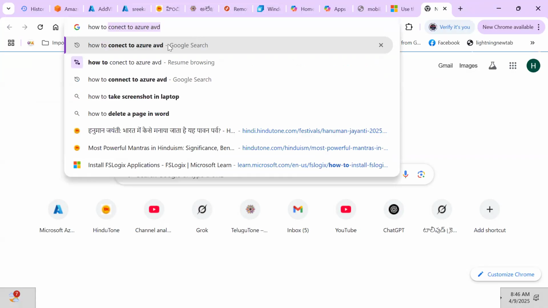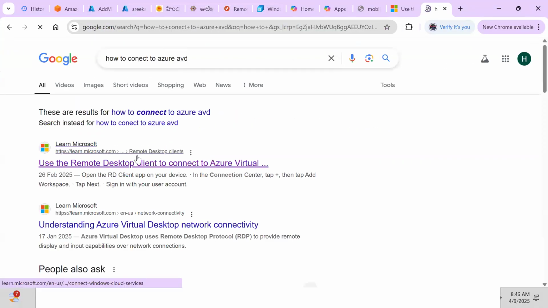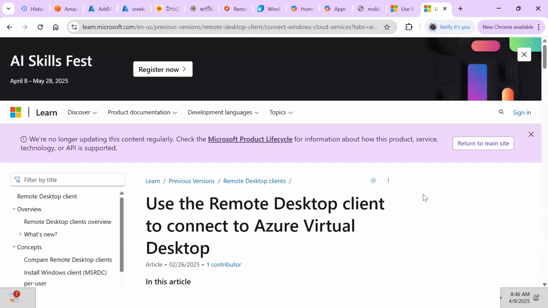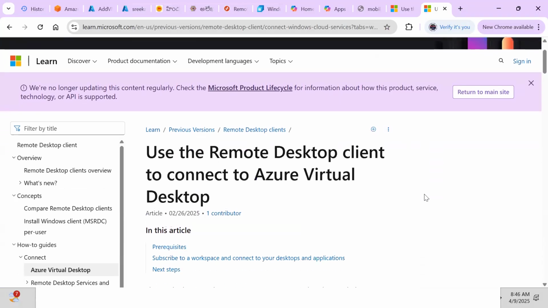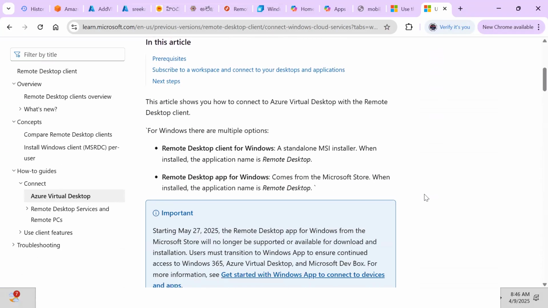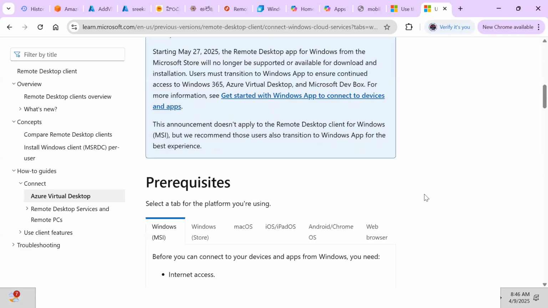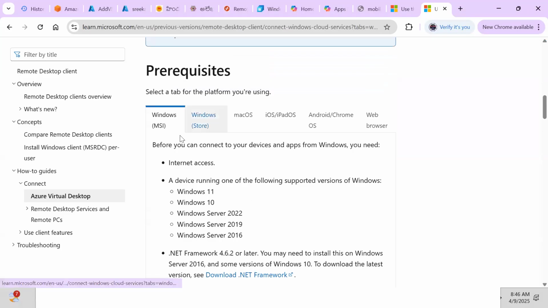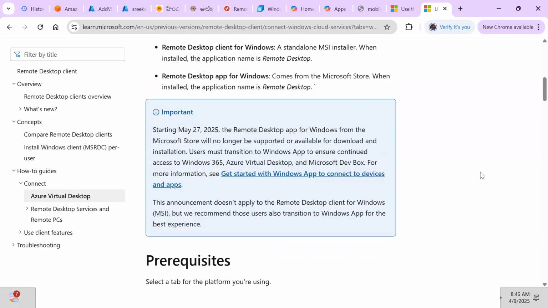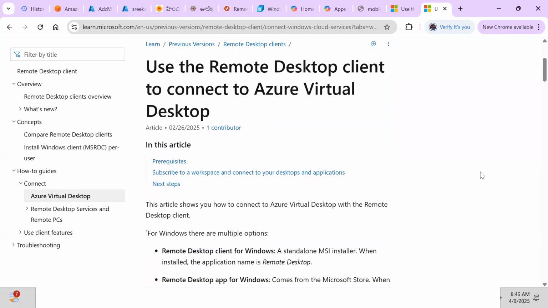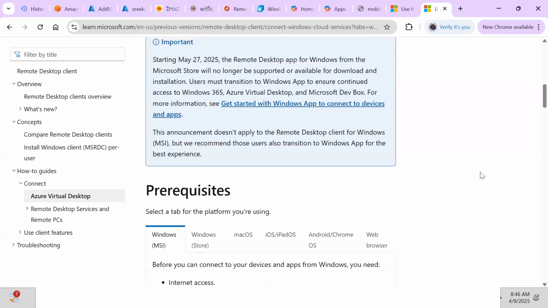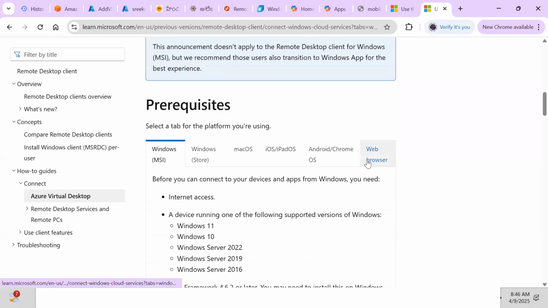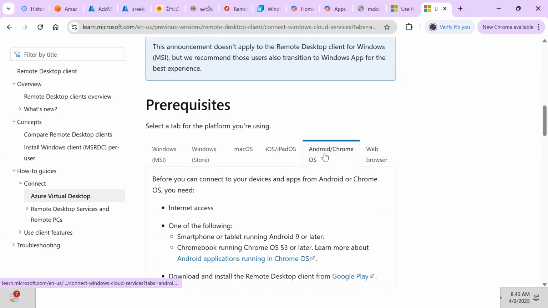So how do we connect to Azure AVD? We need to download one small software, the remote desktop client, and install it. On Windows, that is one of the best practices. So we download one MSI package, the remote desktop installer, and install the remote desktop client. From the browser we can also connect, and even on Android